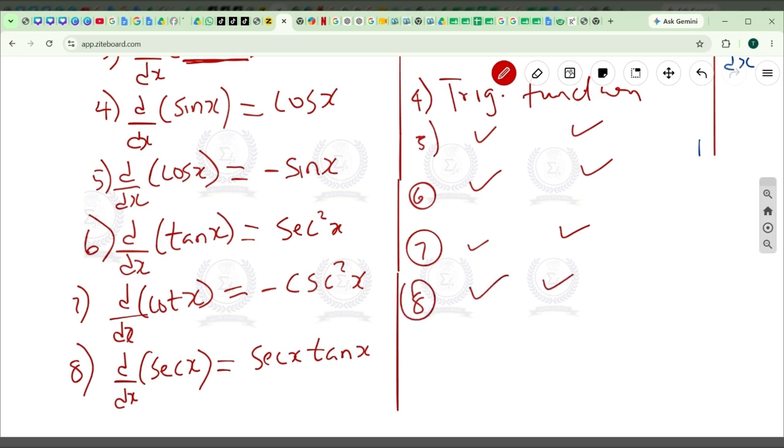It's also a trig function. So whenever you differentiate sec x, you have sec x tan x. And number 9,